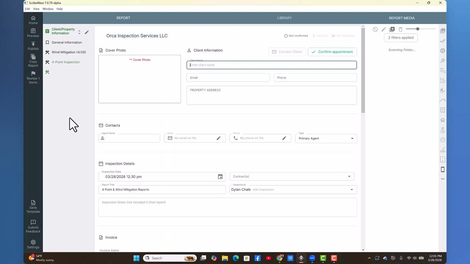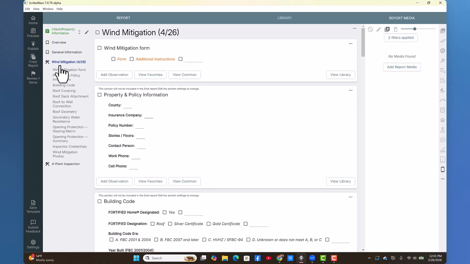So let's open this up, and we've got 4-point and WinMet. And these are just 2 chapters, really, right? So you can go to the top of the chapter, hit the 3 dots, and hit copy WinMet to another